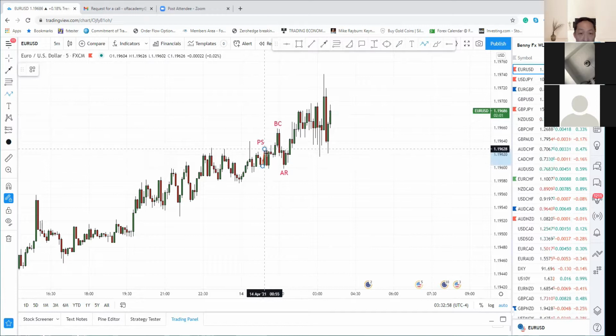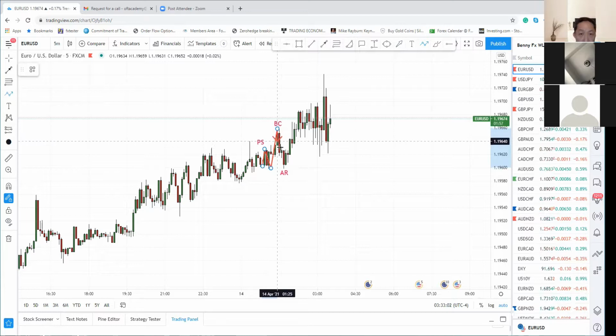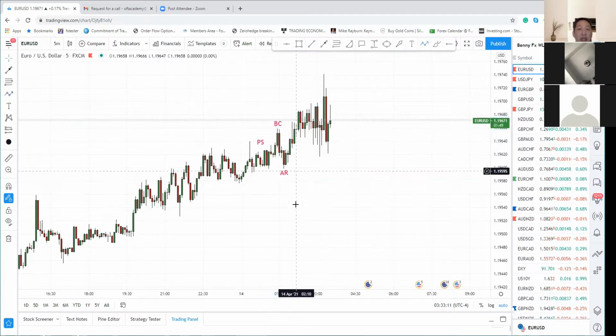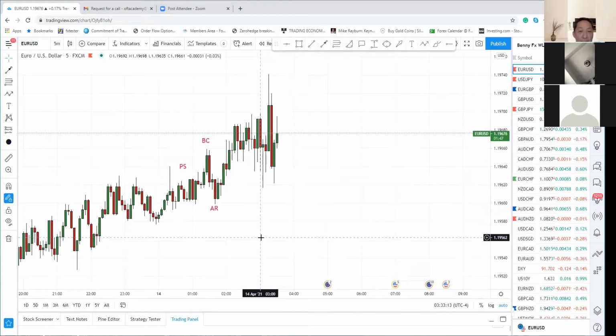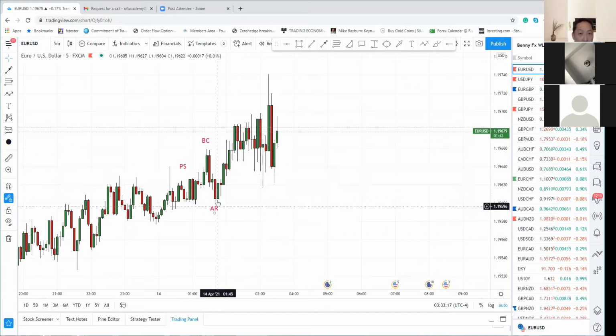This is an automatic rally, move up, buying climax. So when it pulls back, this automatic rally usually respects the preliminary support. If you say it is sometimes difficult to identify where the preliminary support is, you look for this: if the price pulls back and you hold here, chances are this is the